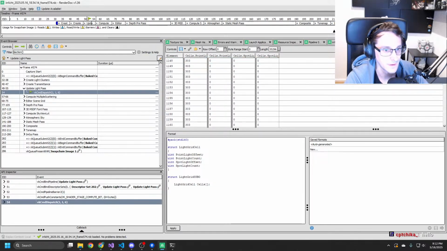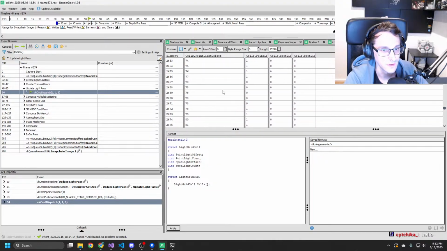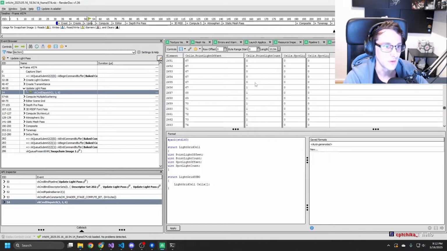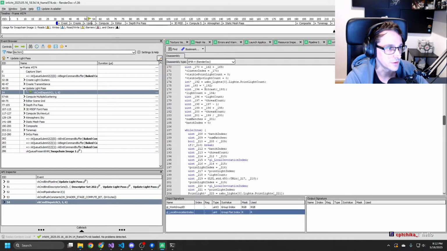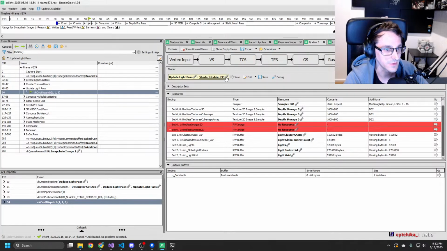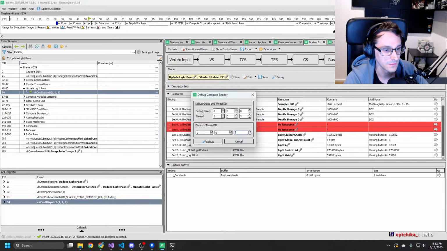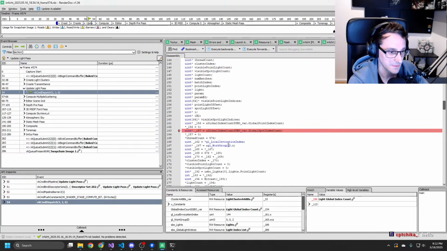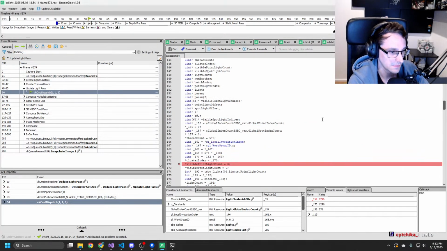Yeah. And then we have indices here somewhere. Exactly. Oh, if I would have just remembered what the values were, right? That would have helped. I think it was something like that. Nope.